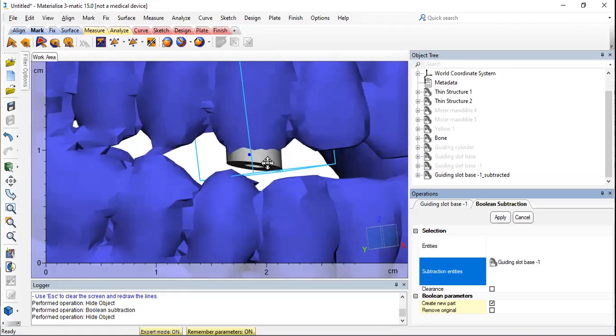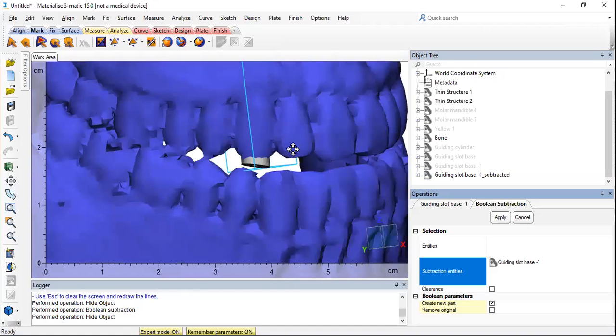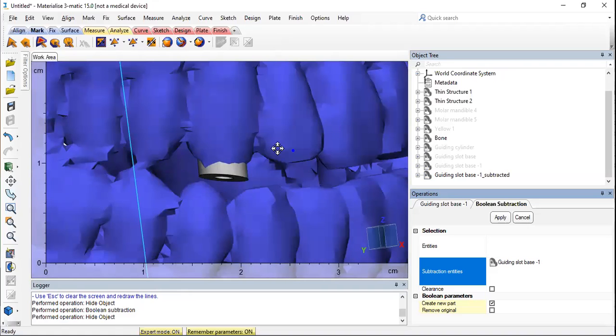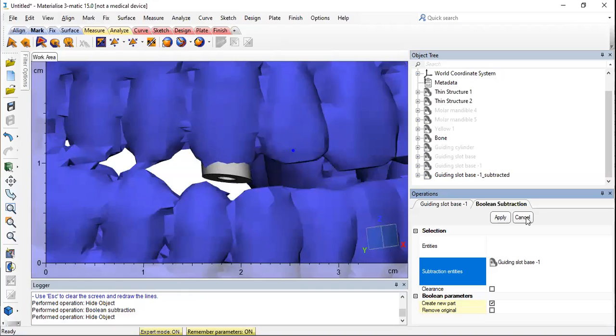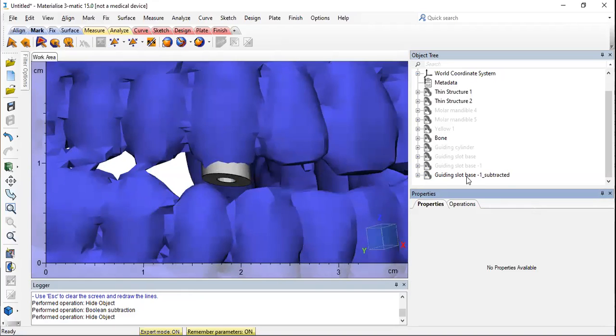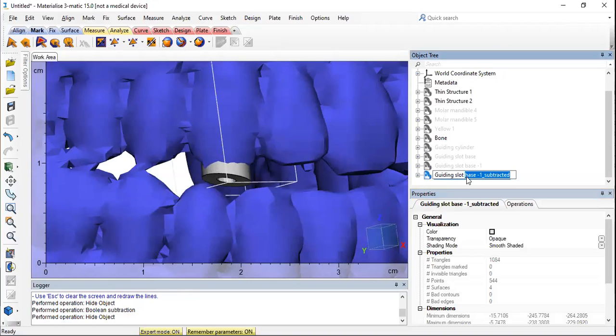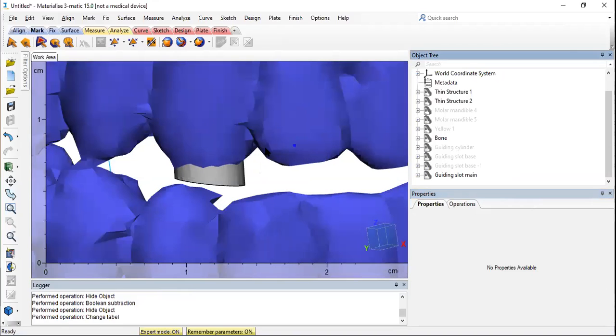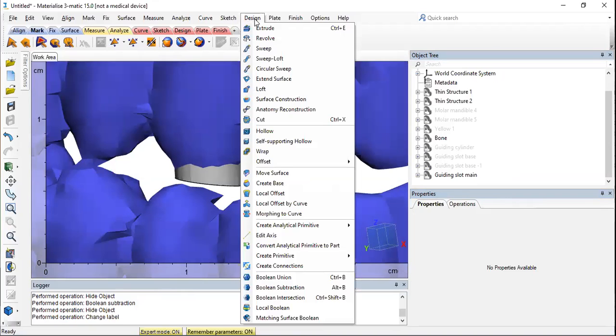To do that, I'm going to use the tooth anterior to it as a fixation point, let's say. This is my guiding slot main. Because we will require a fixation point, I'm going to assume that we are going to fixate on this tooth. So for that, I'm going to now create a surface. This process is similar to the surgical guide process that we were doing.